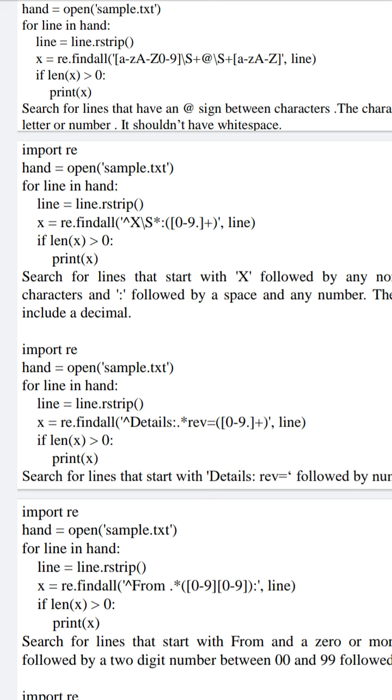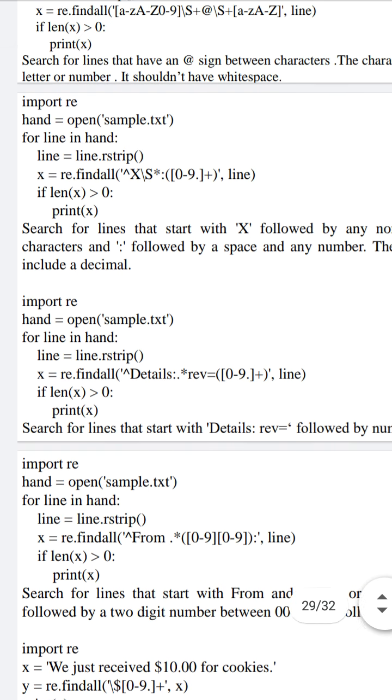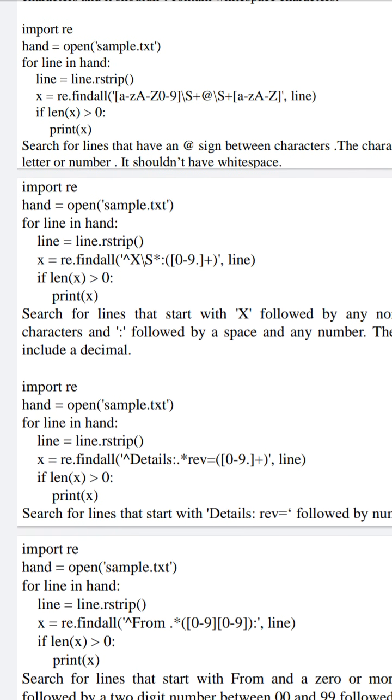And also we are saying \S+, that is, one or more characters, and those characters should be lowercase or uppercase letters or digits, followed by the @ symbol, and it should end with only characters in the range small a to z or capital A to Z.